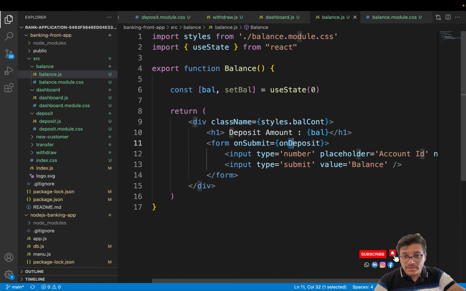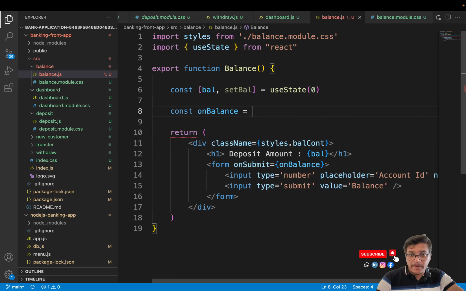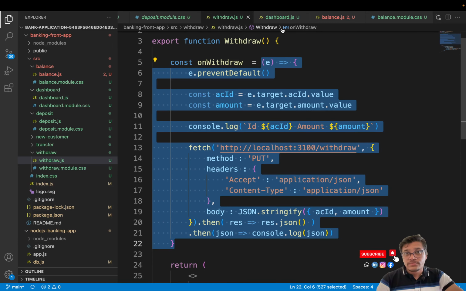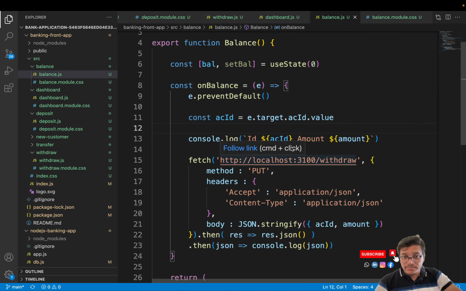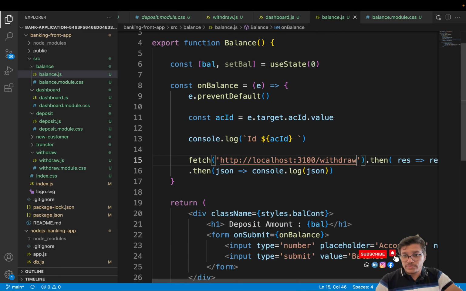So here onBalance is a get call, remember that. Const onBalance is equals to e, it's a get call, remember that. Even I have not used async and await over here, just to avoid your confusion. Lot of things are new. ID, and here there is no amount, and we don't require this object now. Just you can say /balance,